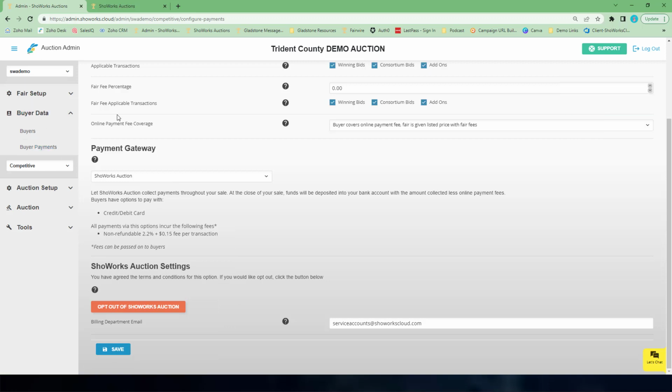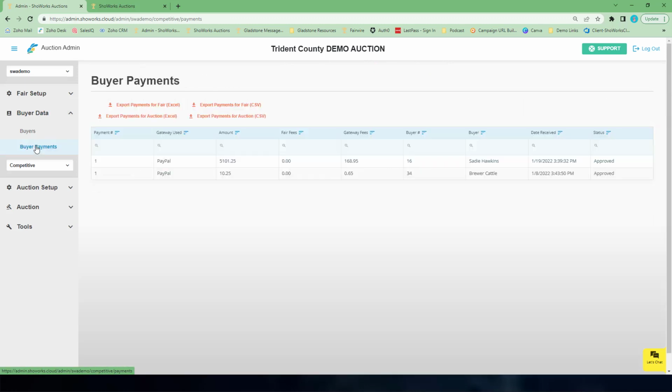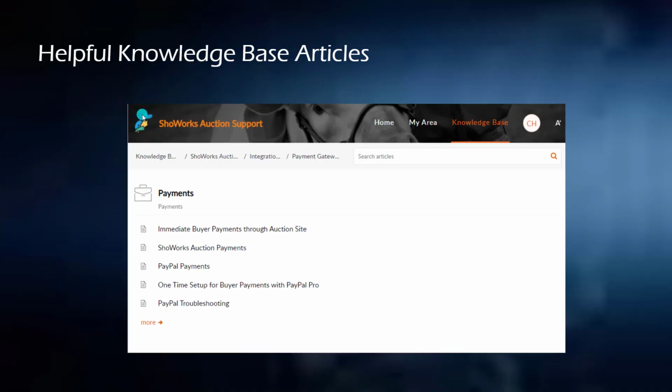I showed this in a previous window, but under buyer data, buyer payments, this is where you'll see the buyer payments that are being made, the amounts and the gateway fees that were paid, and the buyer numbers. So just giving you a heads up, that's where that is located. And that's that. Let me jump back over to the presentation that I had. The very final thing that I wanted to show you is if you are utilizing our